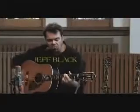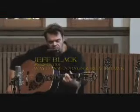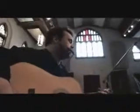The Masterbilt line starts with solid Sitka spruce or solid select cedar tops with premium solid wood backs and sides of mahogany, rosewood, and maple. That's a great guitar,